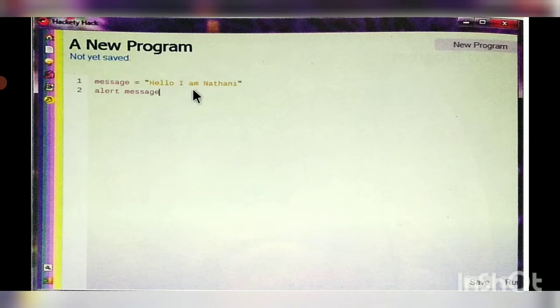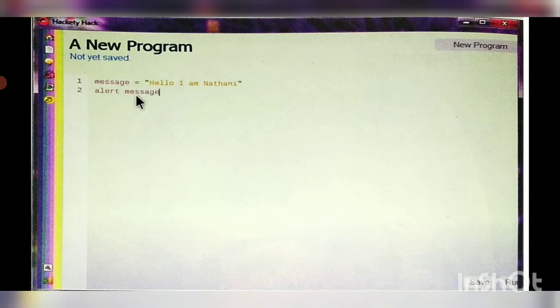No need to use the value; use the box. So alert message means this message is included within it. Don't type hello I am Nadani here. You simply type alert message only. So here we are retrieving this variable.